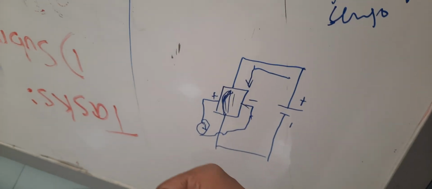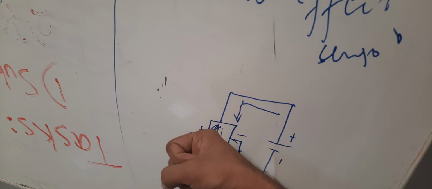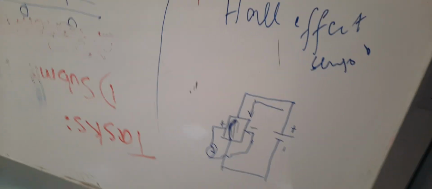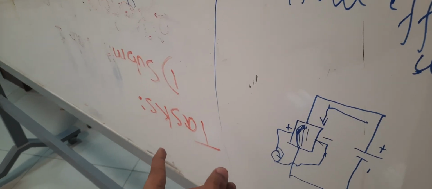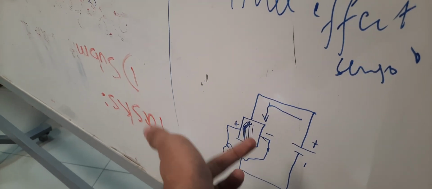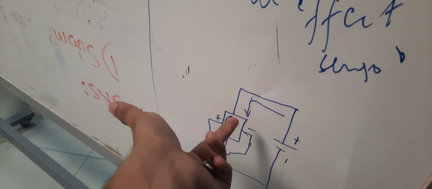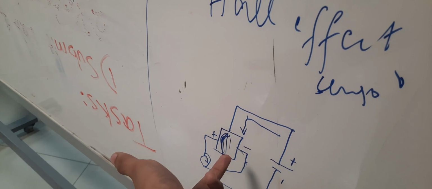When the magnet comes near to the disc, according to Fleming's left hand rule, if your middle finger indicates the direction of magnetic field and the index finger indicates the direction of current, then the thumb will indicate the direction of force that the moving charges will